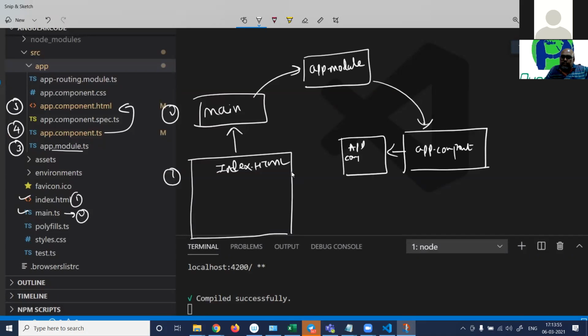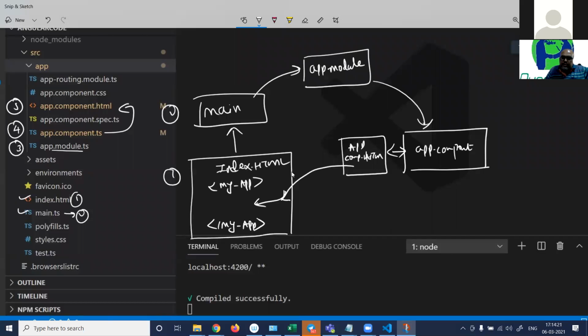App component.html, right? And this UI is then loaded inside index.html. So inside index.html, this app component.html is loaded in something called a selector. So there will be some kind of a tag here. I will show my app.